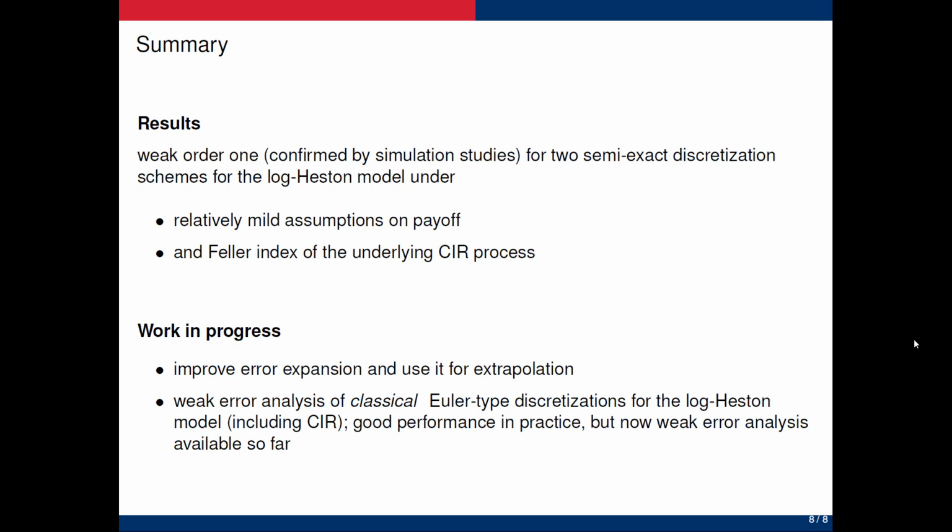Now, what are the next steps? We would like to improve the error expansion with new regularity results for the Heston PDE and use this error expansion for extrapolation. Furthermore, we are working on the error analysis of the classical Euler discretization of the Heston model. This means that we are also discretizing the CIR process with Euler. This has its own challenges since there are many ways to preserve the positivity of this process when we discretize it like that. In practice, it is used quite frequently and it works well, but there is no weak error